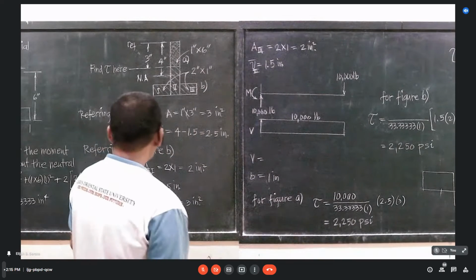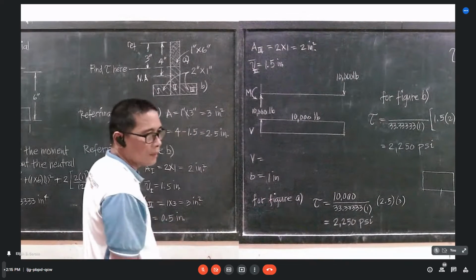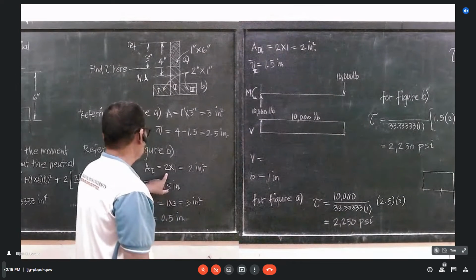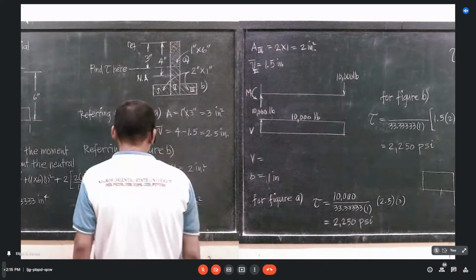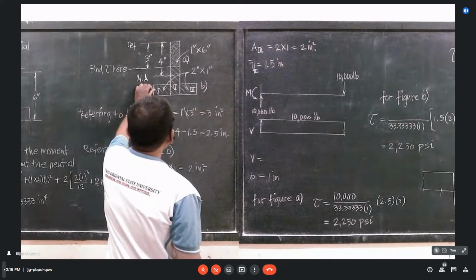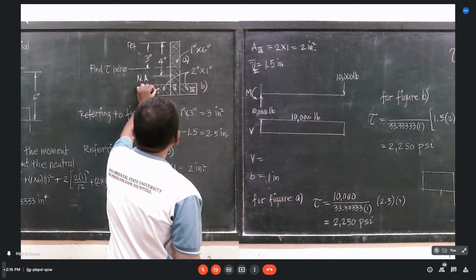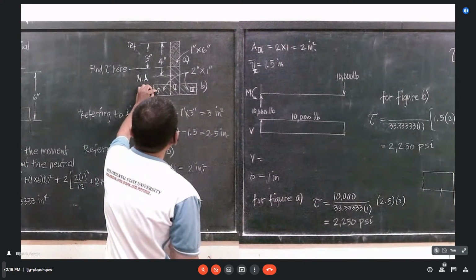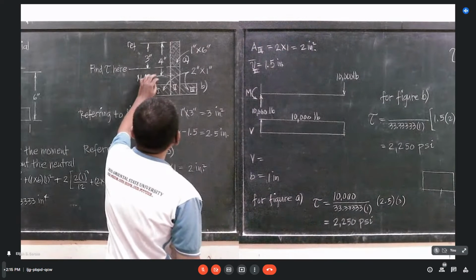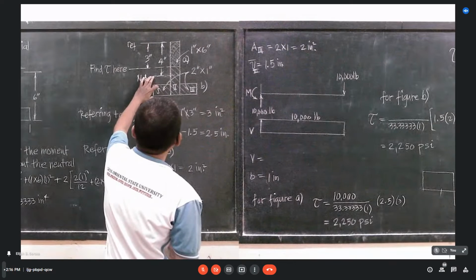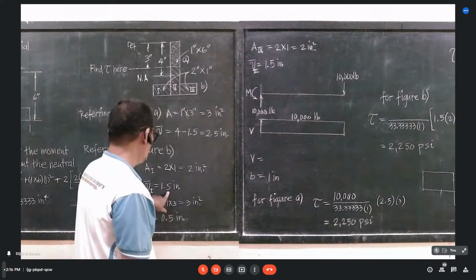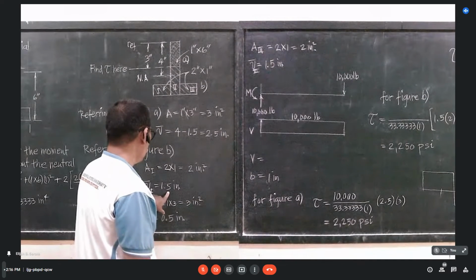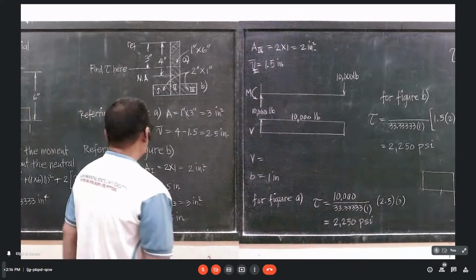Okay. Now, so for area 1, it is this one, 2 by 1. And V bar sa 1 is what? Distance from the centroid to where? Neutral axis. So, pila man na? This is 2. 1.5. Minus 0.5. So, 1.5. Yan na siya. Do you follow? Okay na? Yes, sir. Let's proceed with the